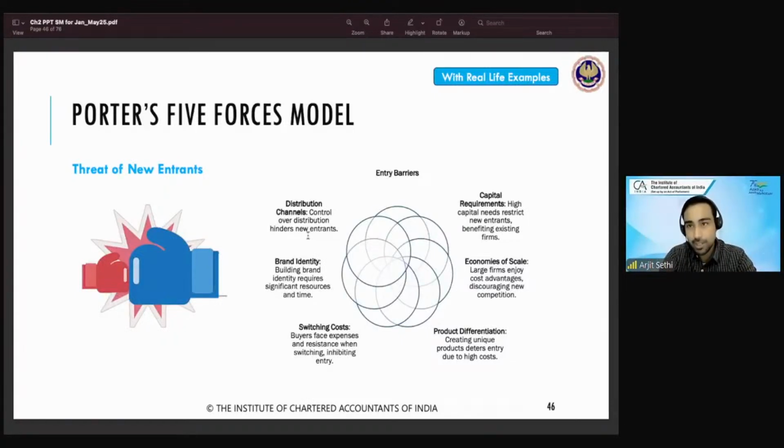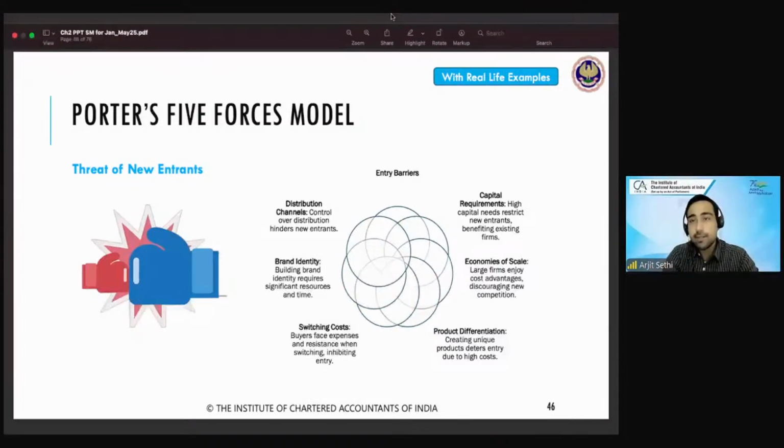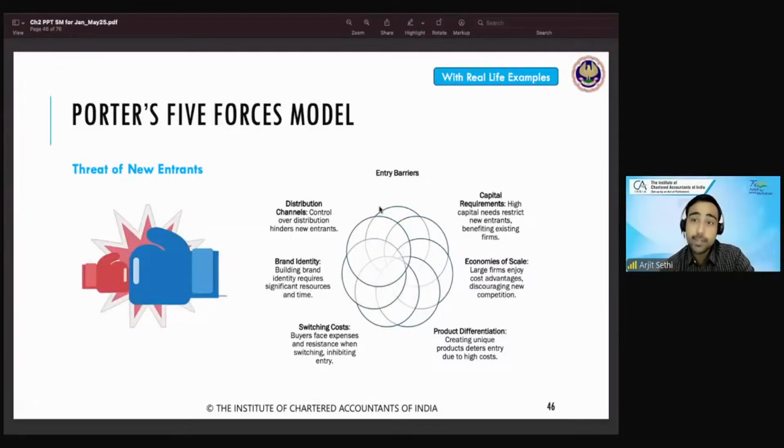Final is distribution channels. Now, the wider your distribution, the more difficult it is for new entrants to get into that market. Just like Pepsi, Coke, Pepsodent, Maggie, Surf Excel, Dove, Godrej number one, all these brands, soaps, detergents, ice creams, food, Patanjali and all of that. Every shop, Sunsilk shampoos, or Haldiram namkeens or Bikaner wala namkeen, or whatever namkeen you like. You see, every shop will have that. That's a distribution channel they have created.